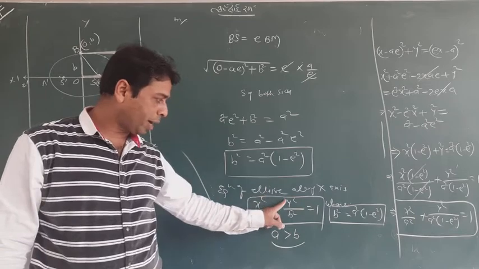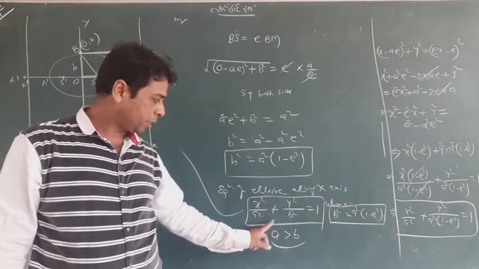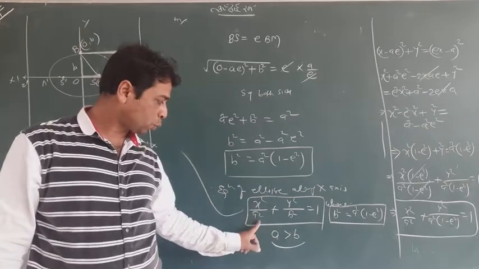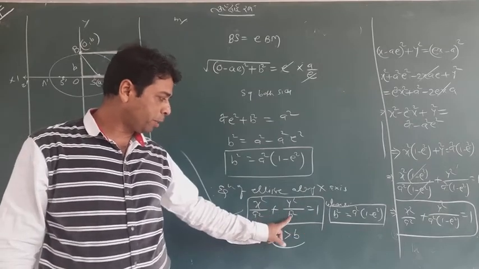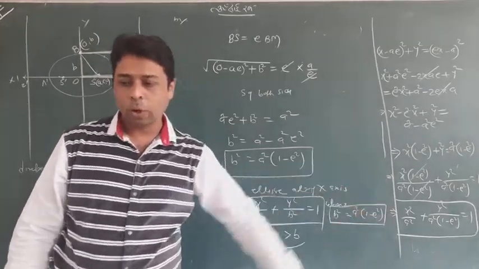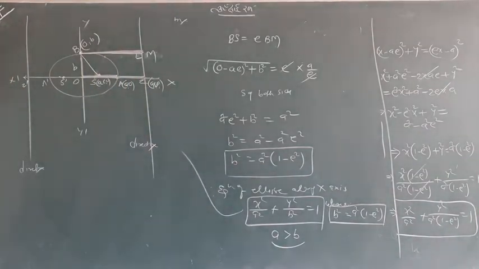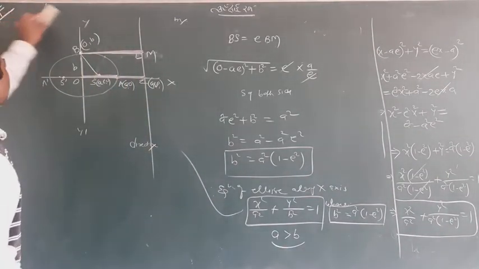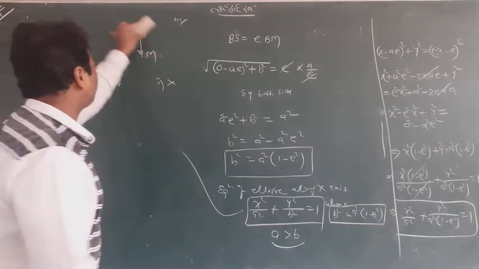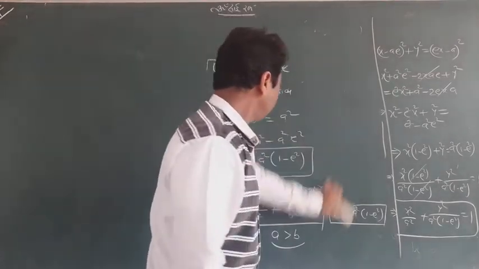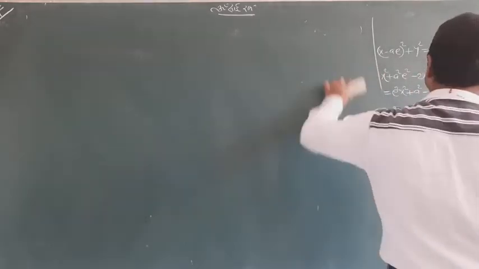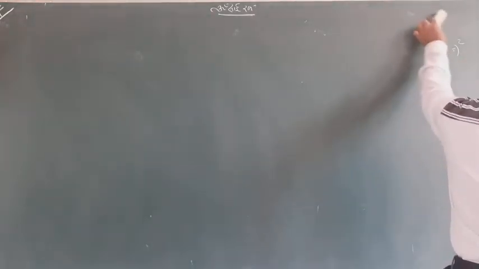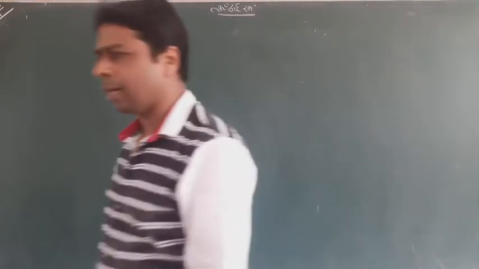x squared and y squared will be coming there along with some number: x squared upon a squared plus y squared upon b squared equal to 1, where a is greater than b and b squared equals that. So I think you are getting each and everything. Now I will tell you some important facts here. A few you have known till now. Next I will tell you some important formulas regarding that.